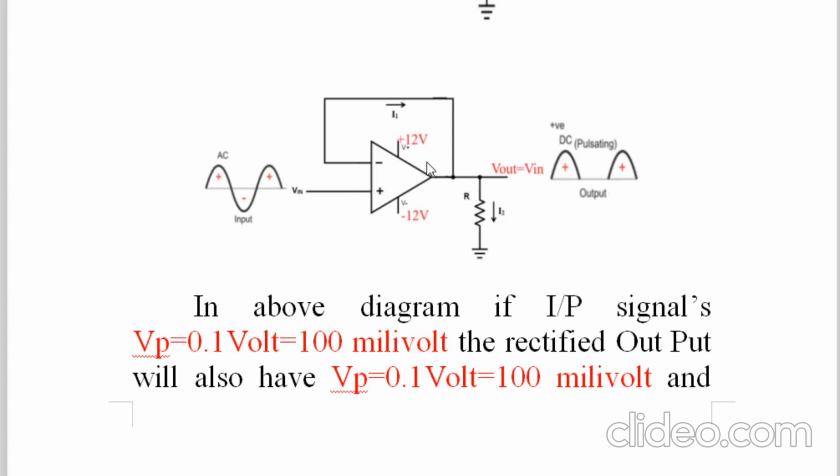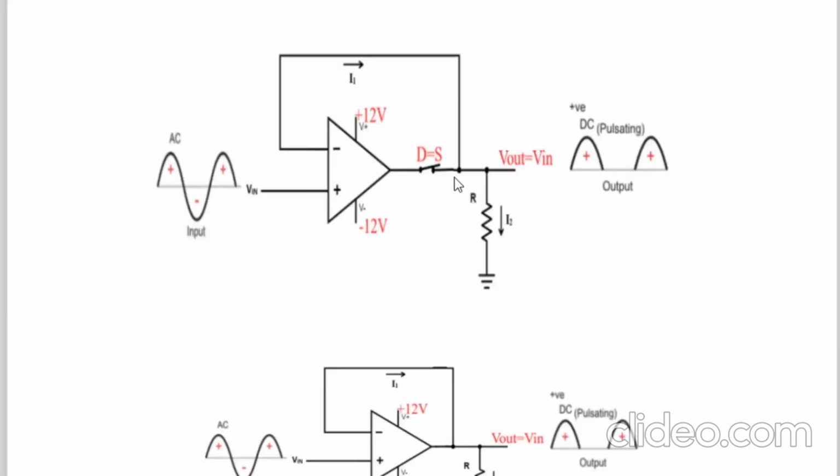But in this case, if you don't show the diode over here, even the negative half cycle will also come, because the entire positive half cycle will go as positive and negative will go as negative. So be aware that here there is a diode. Here there is a diode which is behaving as a closed switch, that is a short wire. So it is better to draw a switch and show this closed switch, and show that the diode is equal to a closed switch.